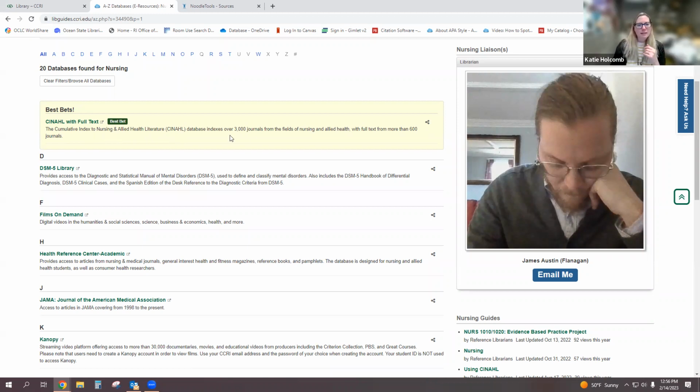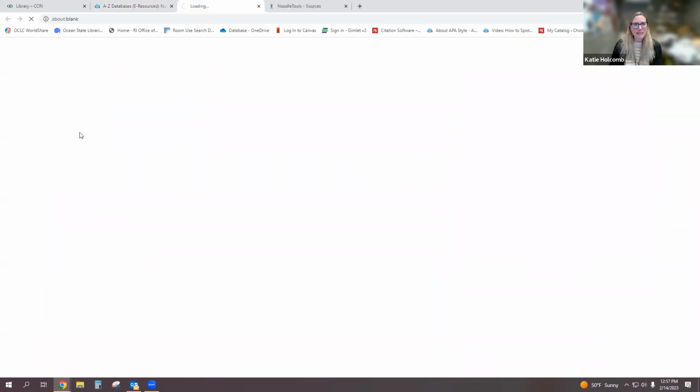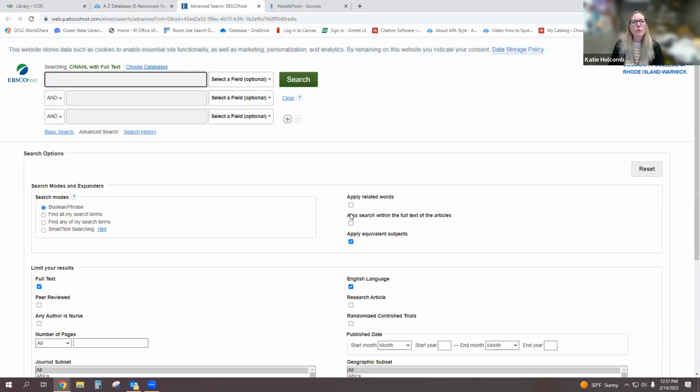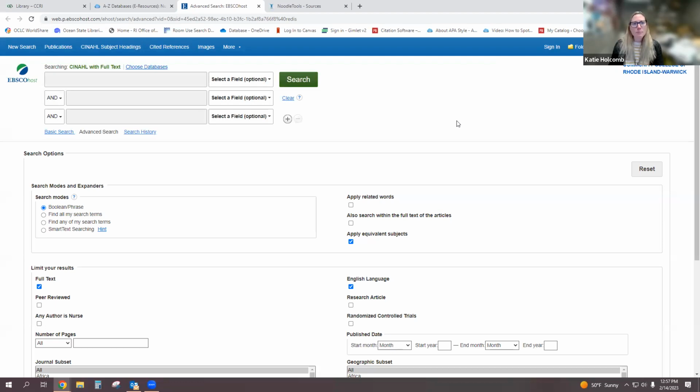With each of our databases here, you can see a brief description about that database. To access the database, you'll just click on the name of the database in our list of databases, and that will bring you to the database homepage. Now, if you are off campus, before it brings you into the database, it will prompt you to enter your CCRI username and password. That's the same information that you use to log into Blackboard or to access your email. And that just verifies that you are an authorized user of this resource,